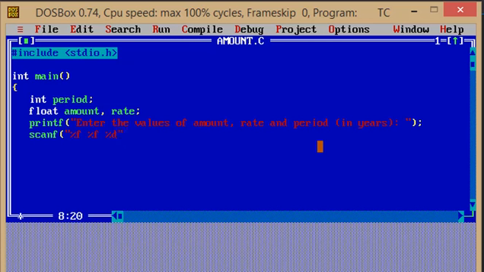This ends the control string, which specifies the data types of the variables to be read from the keyboard, then comma. Then we have to write the name of the variables. It's preceded by an ampersand sign. The first one is amount, so ampersand amount, ampersand rate, and then ampersand period, then the closing parenthesis, and end